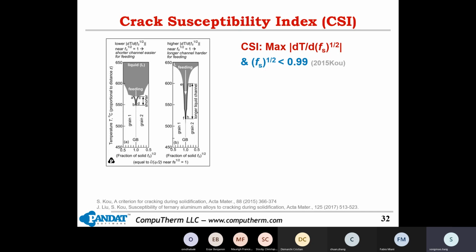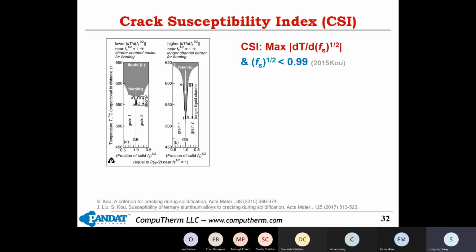The CSI refers to the maximum value of dT/d√fs, where T refers to the temperature and fs is the solid fraction. In more detail, in Professor Sindoko's 2015 paper, he provided a detailed scientific analysis and derivations of how and why these parameters could represent the cracking susceptibility. But here I just want to briefly mention the dT/d√fs, and why this could represent the